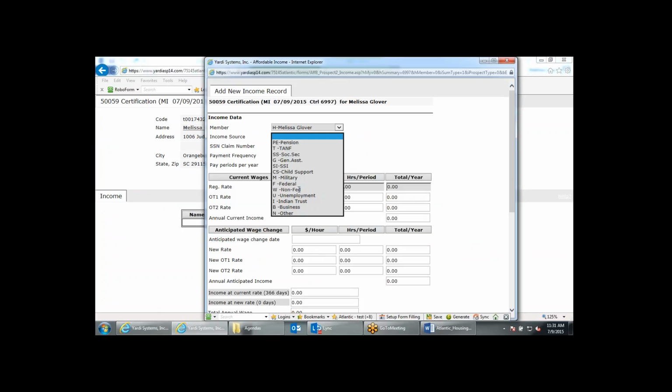We can enter any additional family members or remove them. If we click the next button here, we can add in some income information. And clicking on add new income information, we can select the member to whom this income source applies. So let's say that it's Melissa Glover, the head of household. The income source can be pension, TANF, Social Security, general assistance. Let's give her a